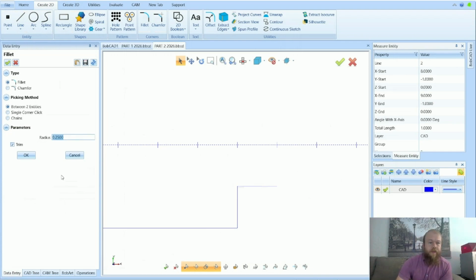So I'll type in radius 0.5. And for this one, I'm going to do single corner click. I'm going to click on this corner first, and then I'm going to click on the top corner here next. Oops. It's showing us that it's doing this loop because it can't do a 0.5 radius fillet